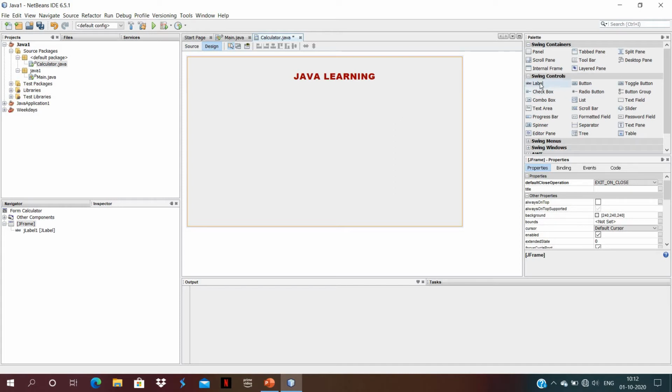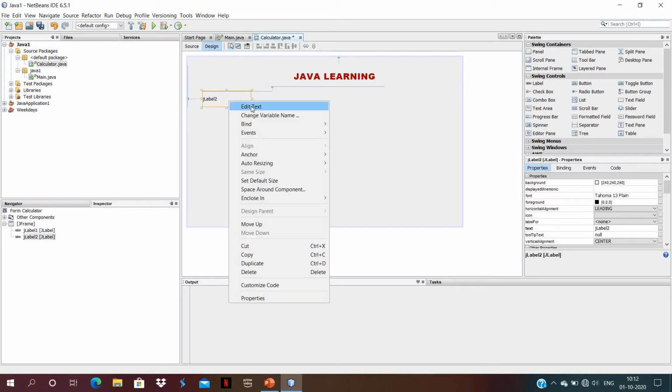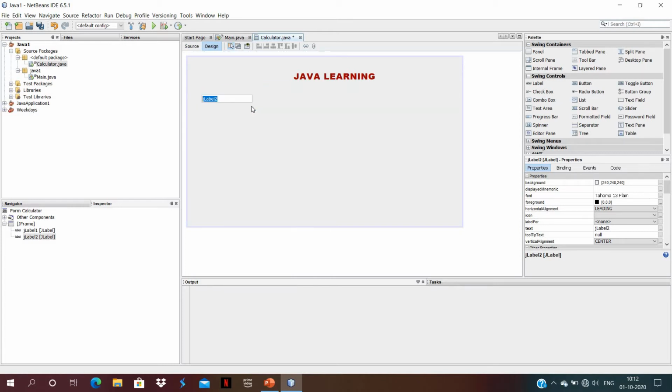After that we need one label for the first value. Click here, right click on the box, edit text and then first value.